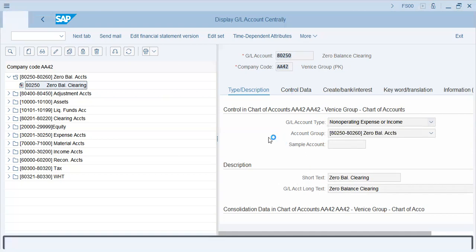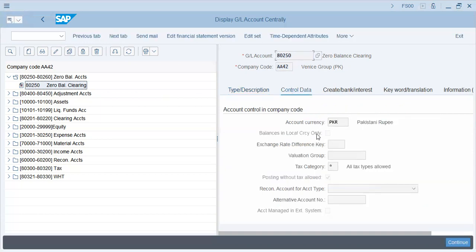Then we have some controls that we have to take care of, and that is related to currency, category of tax, reconciliation account. Reconciliation accounts in SAP are found and made for assets, customers, vendors, and contract accounts. Contract accounts are for utility companies like gas companies, electricity companies, telecom companies that run contract accounts. The contract accounts have quite a lot of customers. So those customers are channelized through contract accounts receivable. Okay, so four types of